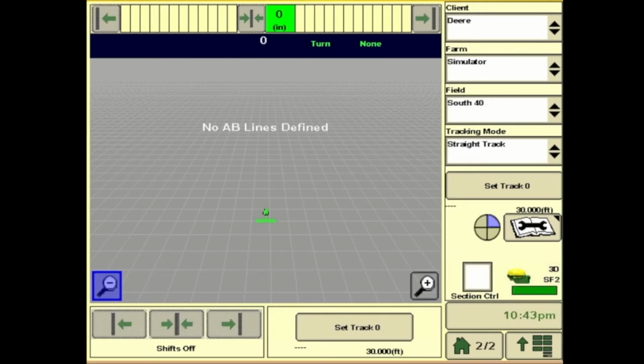Hello, this is Morgan Finley with Landmark Implement, and today we will be going over documentation and section control setup on the 2630 display. So here I have a 2630 display pulled up, and we are going to walk through